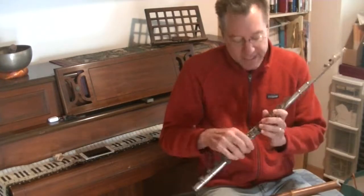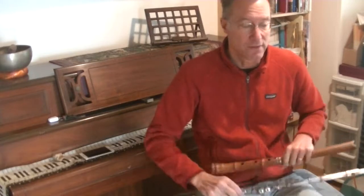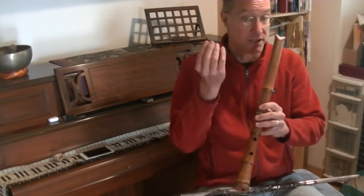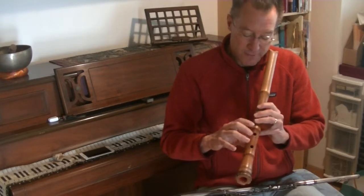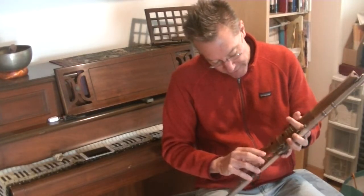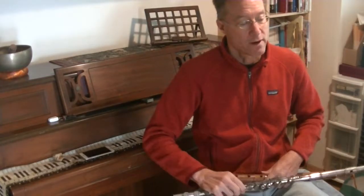The use of keys on the flute enables the player tremendous facility. On the shakuhachi, on the other hand, because there are no keys, because there are only 5 holes, you're using just the fingertips to touch the column of air. The fingertips are actually, instead of having a key between the player and the column of air, you have a fingertip between the player and the column of air. So that whereas the flute player